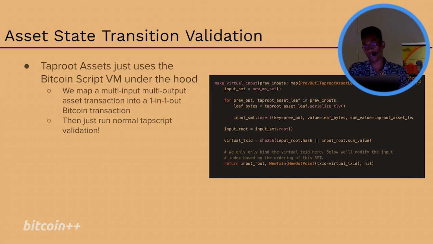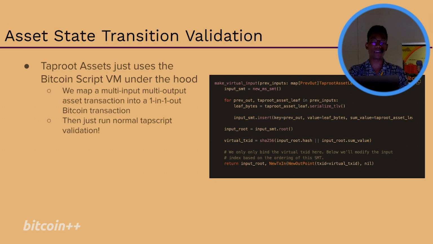And this is something from the BIP that basically shows how you map those inputs into one single output. So what we do, we actually insert all of the inputs into another tree, which is also an SMT, and that sum is going to be the sum of all the inputs. Then we insert all the outputs into another tree, and now we can verify that nothing's been inflated because the two sum values should match up, just like on Bitcoin, right? There are no explicit fees because fees are actually paid on the upper layer itself.